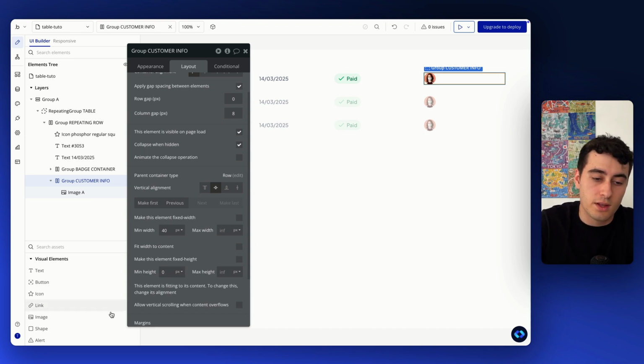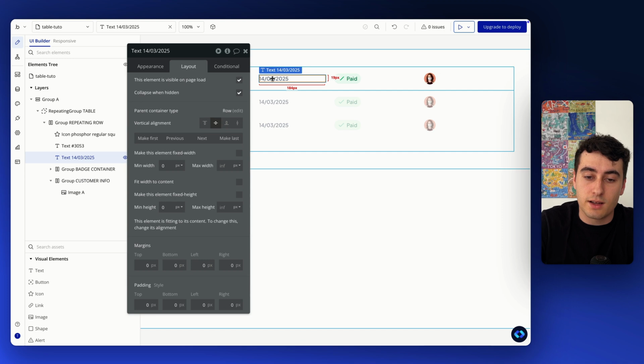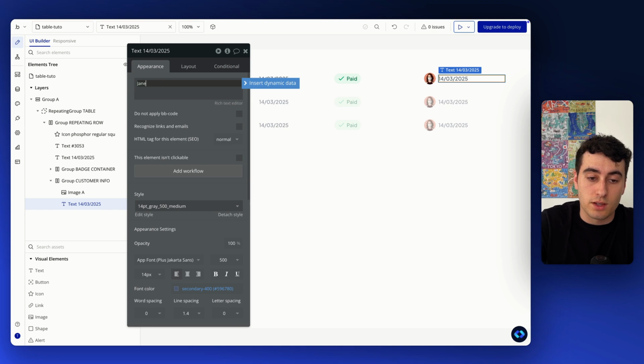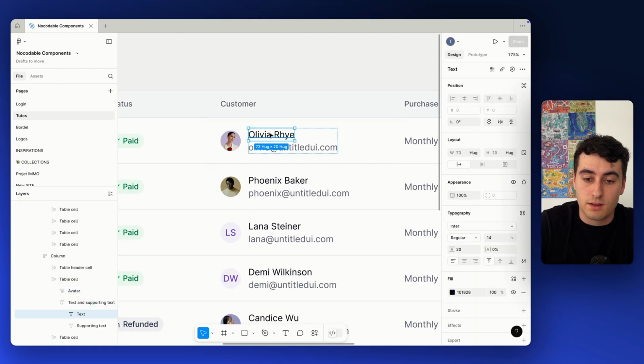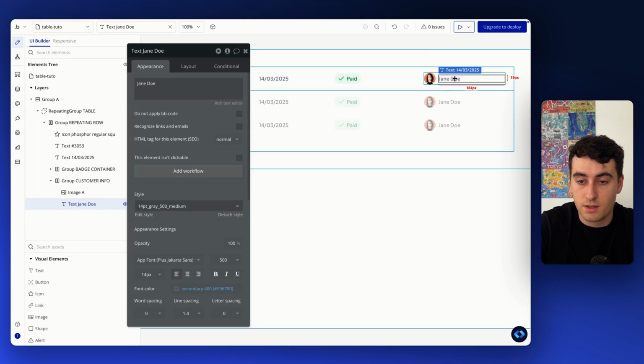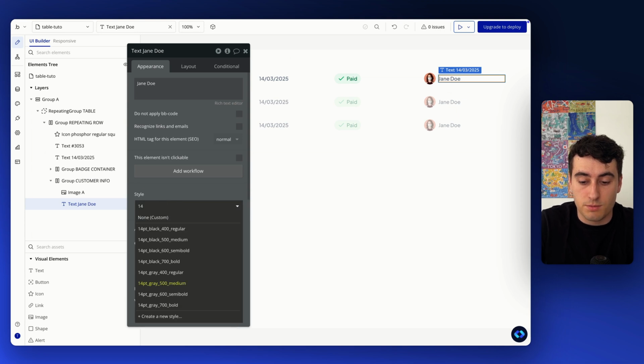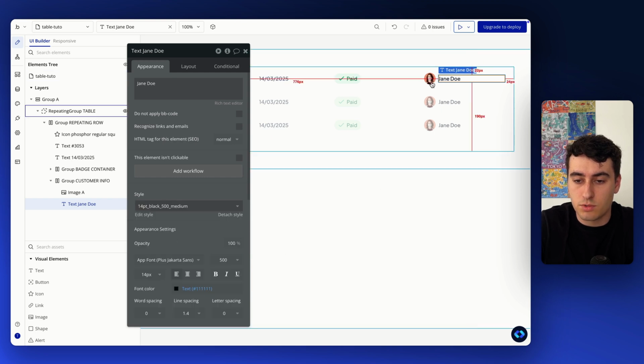Now, I can go ahead and add a first text. So I'm going to copy this one and I'm going to paste it here. I'm going to say Jane Doe for now. Then I can take a look here. So it's regular 14 and in black. So 14 PT black. So I don't have the same font. I think I'm in Open Sans here. So I'm going to put it in medium because I think it's